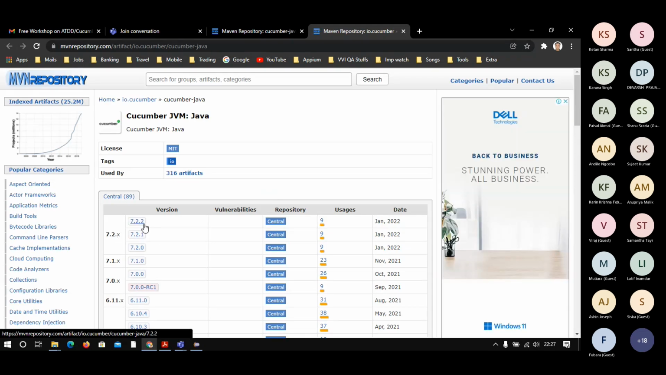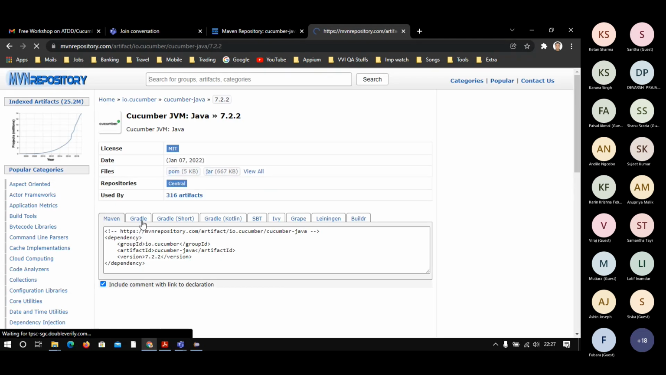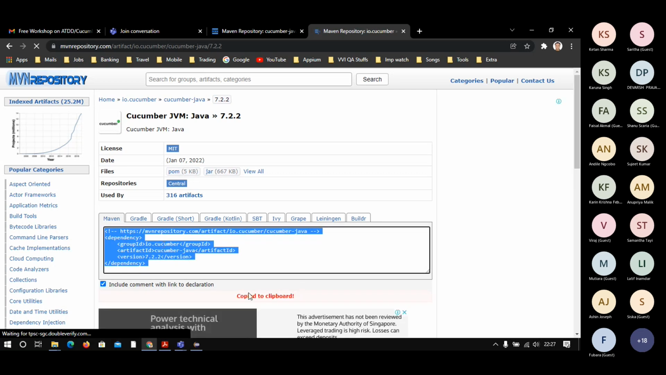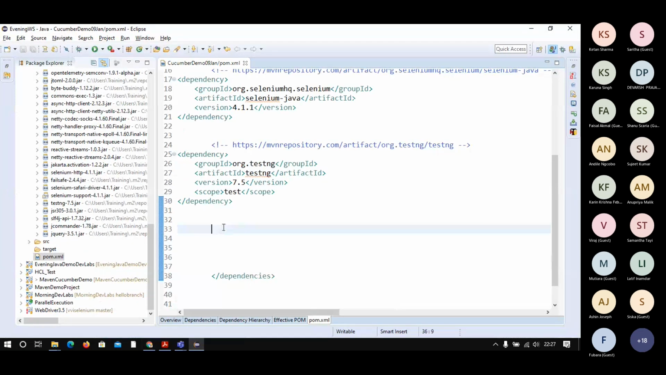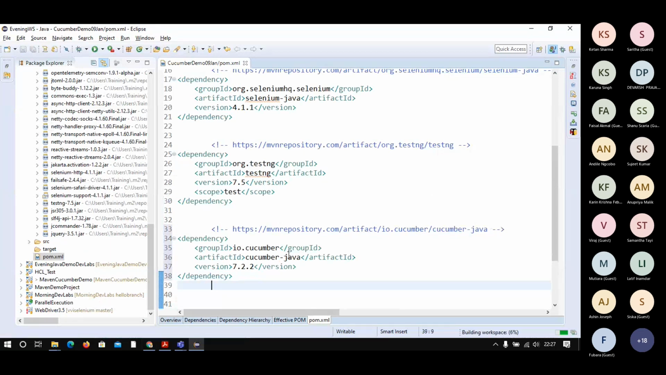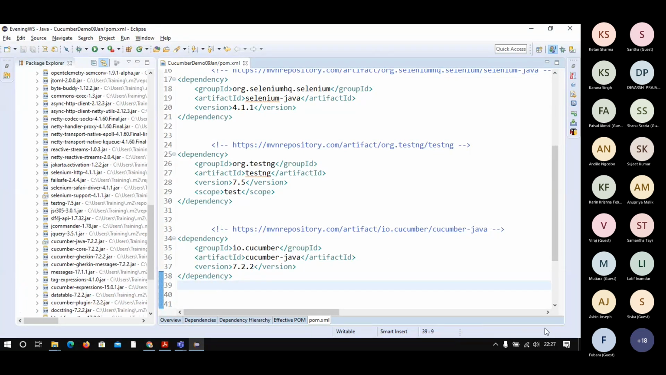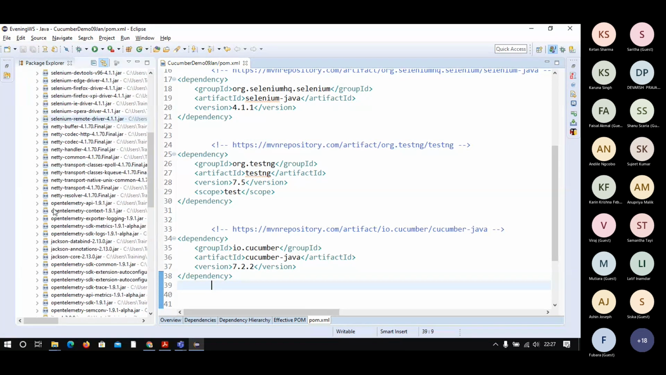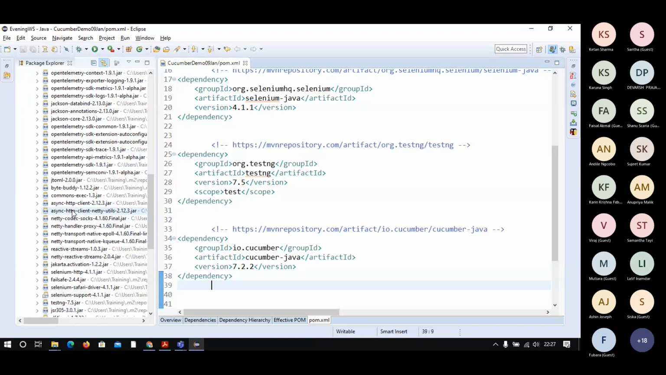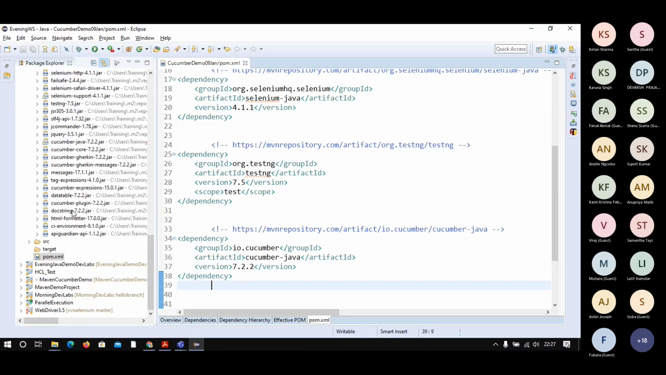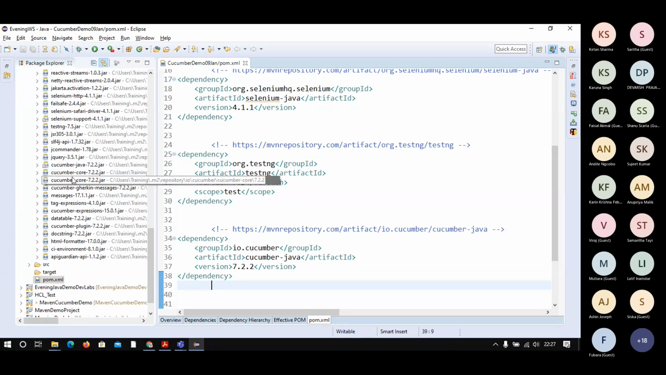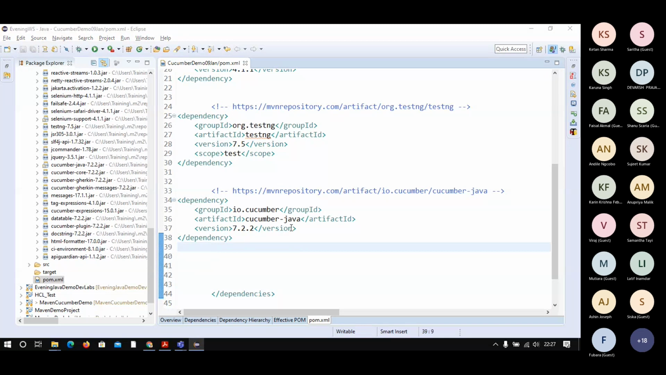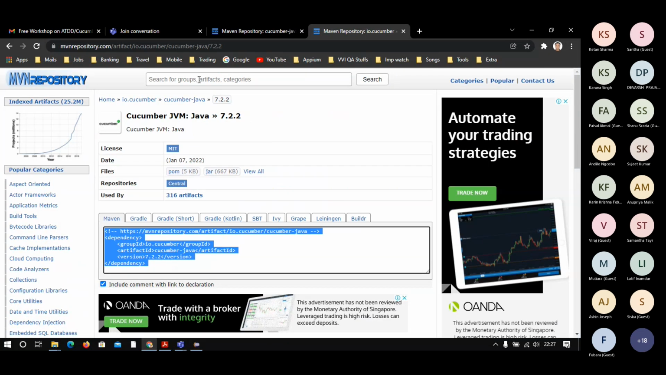So 7.2.2. I click here, then click here. Now it is copied. I come back and add this here. Now save it. As I save it, you see here it started downloading, and then this library will be added here. Cucumber things, you can check. Now the Cucumber things are coming here. One is Cucumber Java, and one is